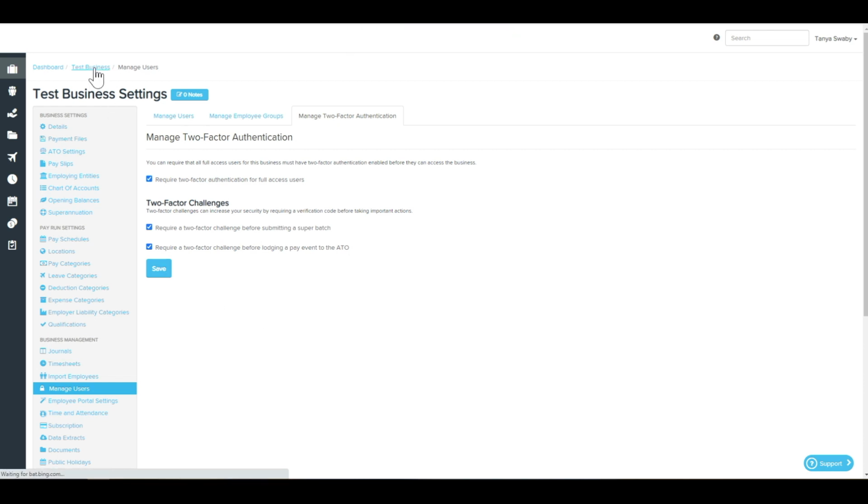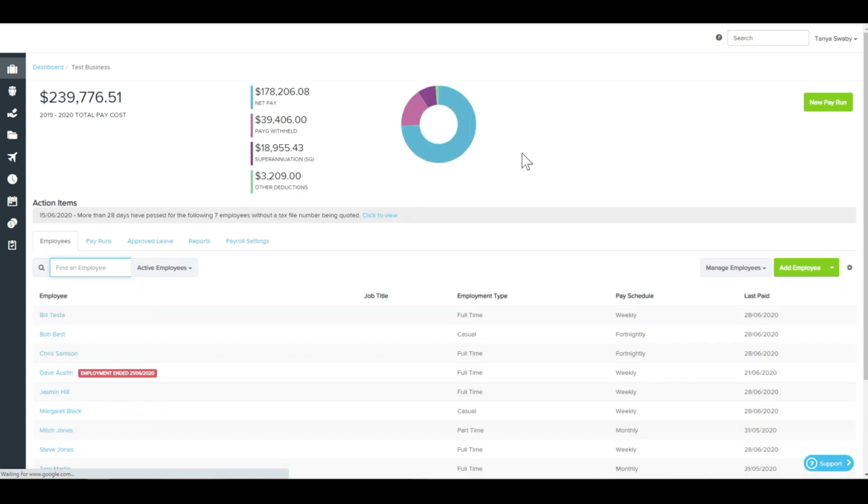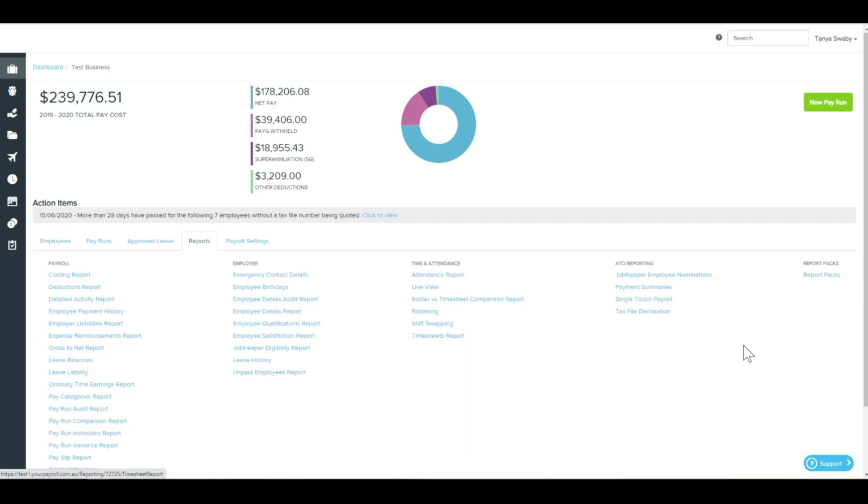Okay, so that has covered off all of the employee and business level settings that we suggest you check before you start your finalisation process. And now that we've done that, we can go ahead and create the finalisation event. To access the Finalisation Event Wizard, we can go to the Reports tab, Single Touch Payroll,